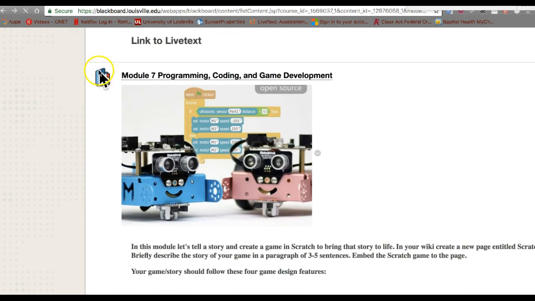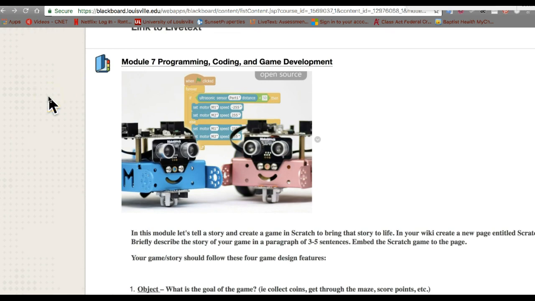And finally, in Module 7, we're going to look at something that is really starting to take off in the state of Kentucky, and that is programming, coding. We're going to go at it from the idea of game development. I am a big fan of teaching kids coding, and I won't bore you with the rationale tonight. I will do that when I have this in class. But suffice it to say, if this kind of scares you, don't let it. All we're going to do is take a look at something called Scratch. And in Scratch, we're going to build a very simple game that tells a story.